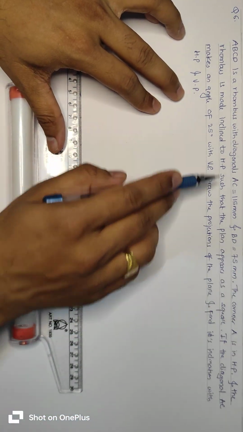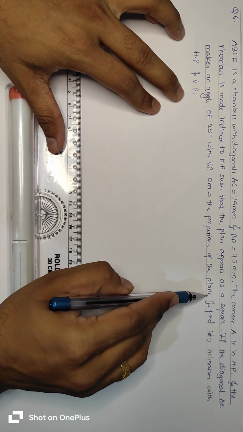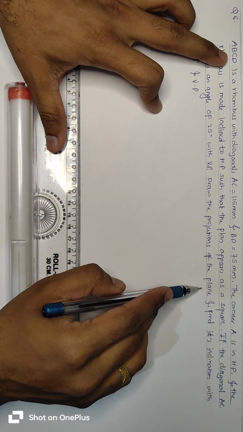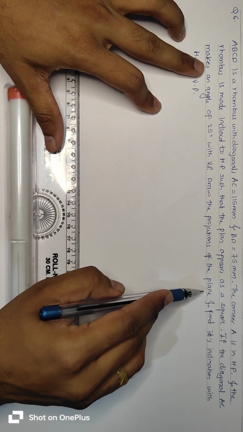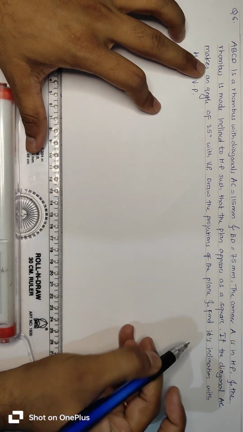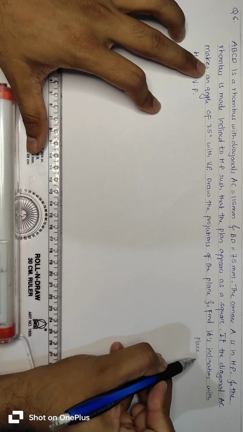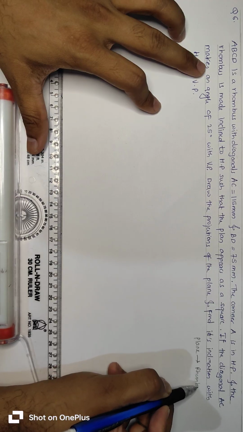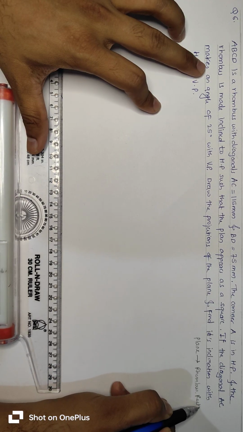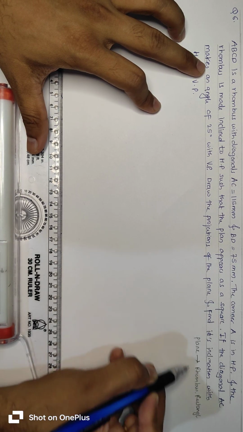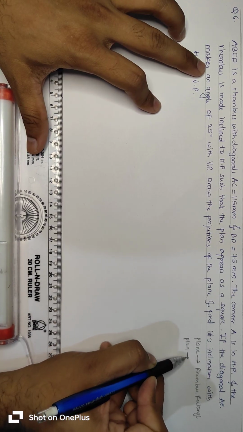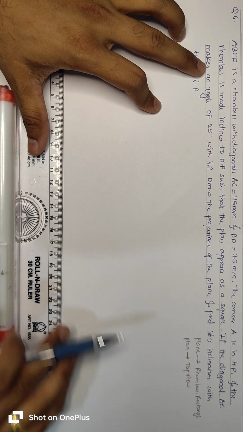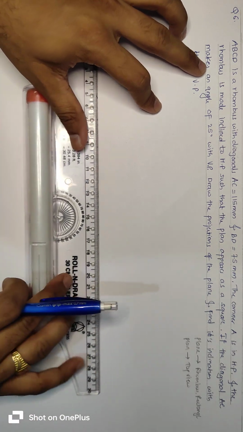So here a plane, plane means two-dimensional entity. Here this plane is a rhombus, and plan means top view. So plane means a diagram; in this question it is a rhombus, it may be a rectangle, it may be a hexagon, and plan means top view. Okay, so first we will draw an XY line